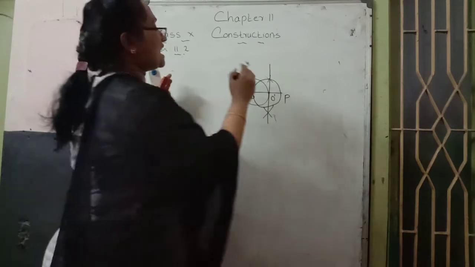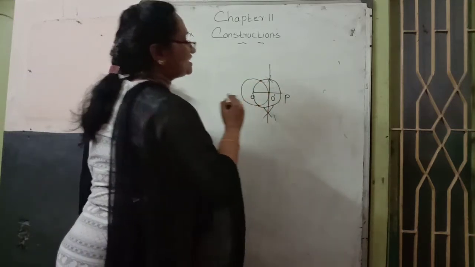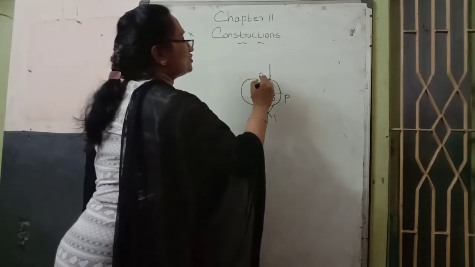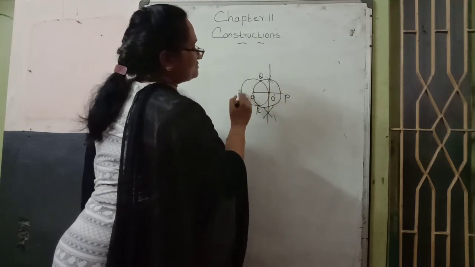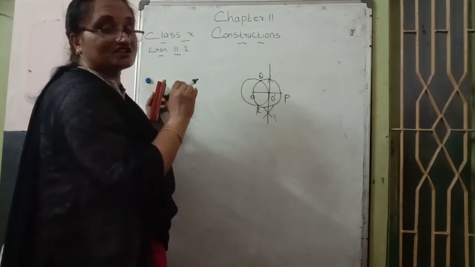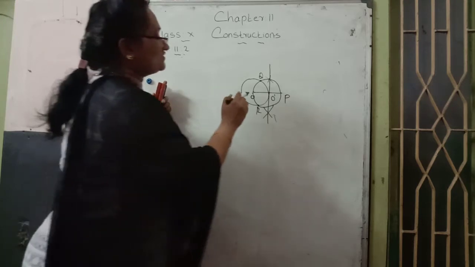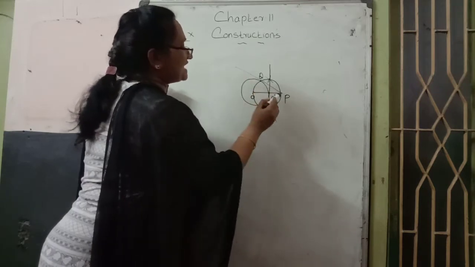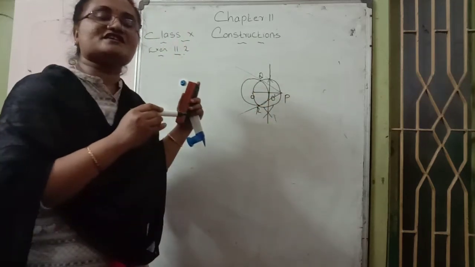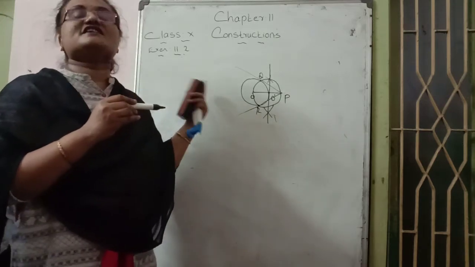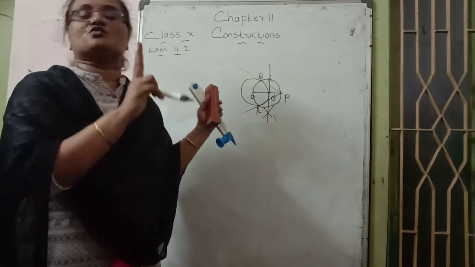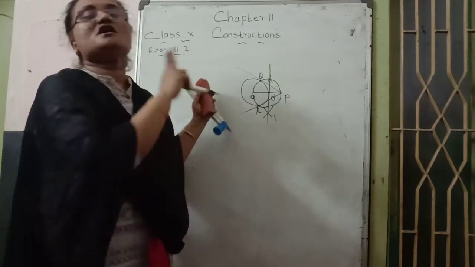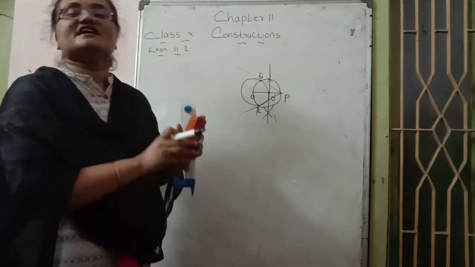These two circles, where they are intersecting, mark those points with alphabets of your choice. We draw the tangent for the first circle, not the second circle. With respect to the first circle, P is the outside point. So joining P to Q and P to R, we get two tangents. That is the procedure. Always we want two circles. Mark the intersecting points of the two circles, and join the outside point to the marked points to get the tangents.